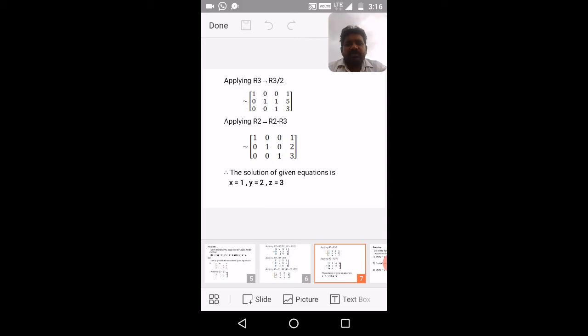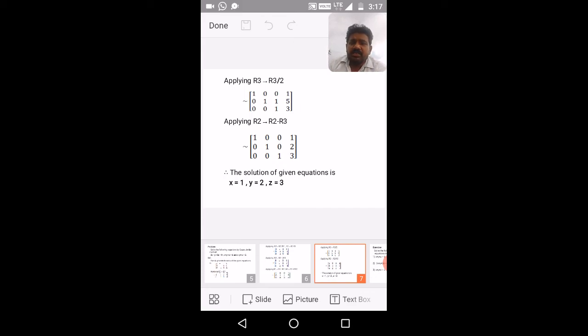Finally, it is in the form of 1 0 0 alpha, 0 1 0 beta, 0 0 1 gamma. The last column will be the solution of the system, that is x equals 1, y equals 2, z equals 3. Okay, so please remember that you have to use your knowledge and your logic while solving